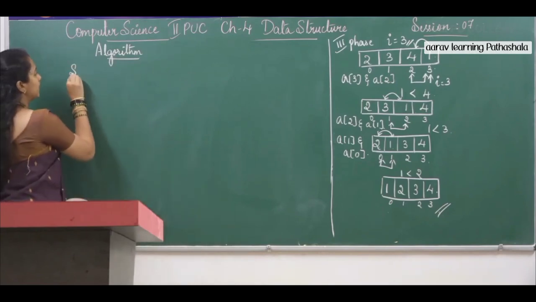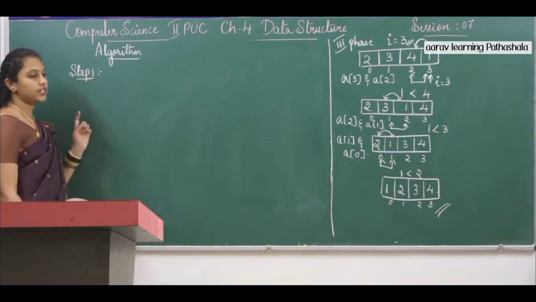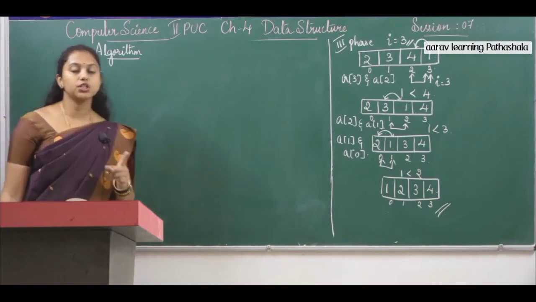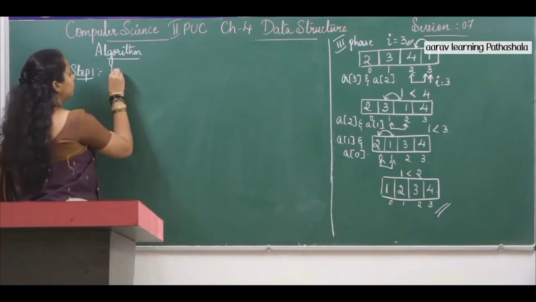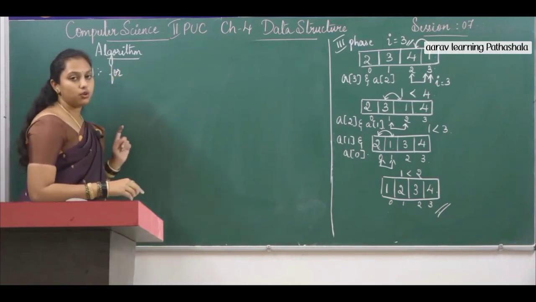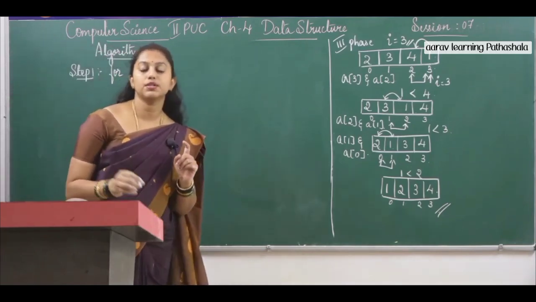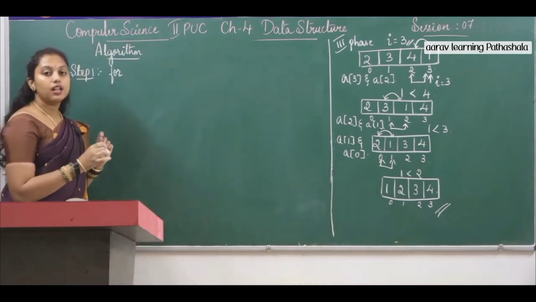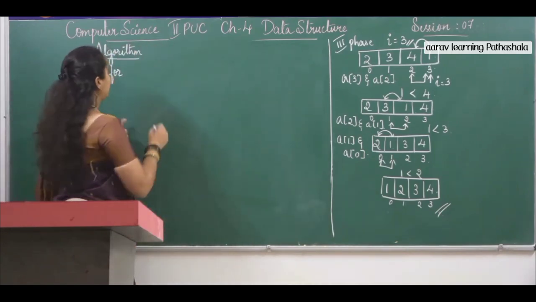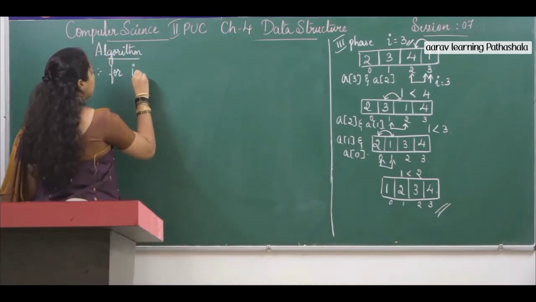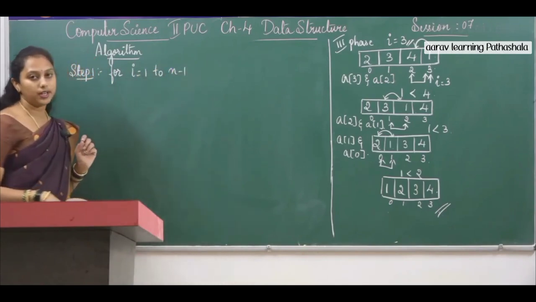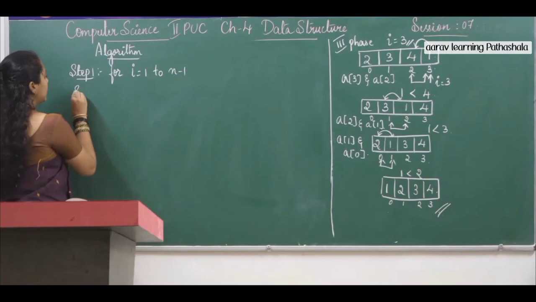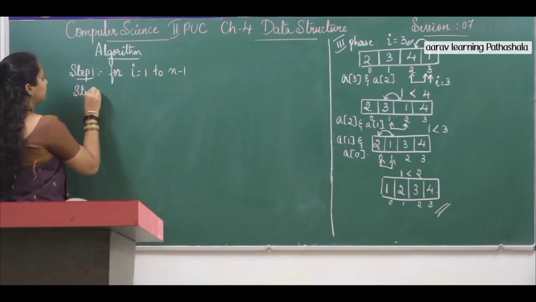So what is the first step? The first step, the comparison starts from the first position, that is A of 1. So using a for loop, we are going to compare the array elements from the first position till the last position of the array. So for I is equal to 1 to n minus 1. So in the second step,